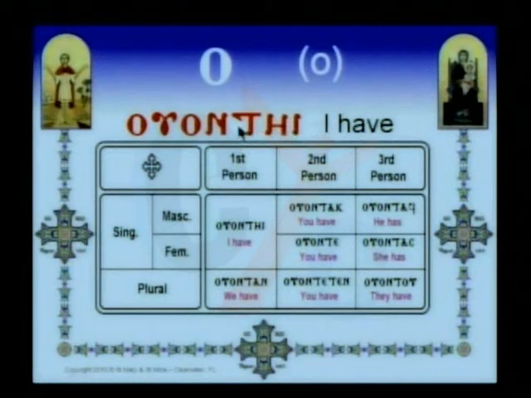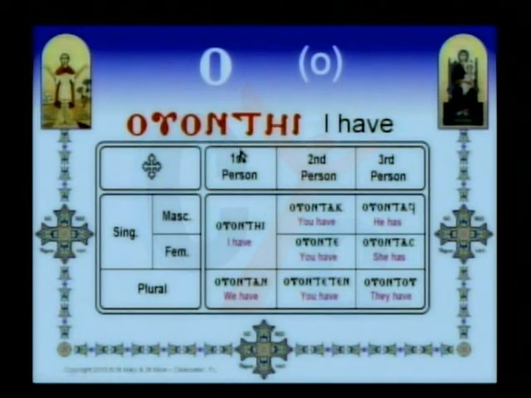Another word is oont. It is a simplified word because initially it is oont, but it is abbreviated a little bit. It is for first person, second person, third person. This means I have. So oont, I have. Oontan, we have. And as usual with the other verbs, oontak means you have. Oontaf, he has. Oonte, you have for a girl. Oontas, she has. Oontetin and oontu.